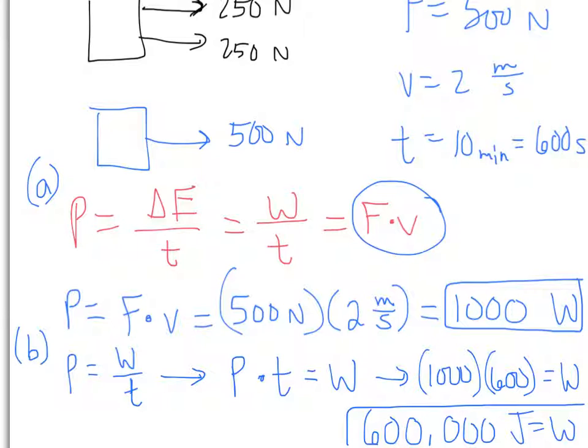Let me just do it this way, right? 600,000. So if you were taking a multiple choice question, it would probably be written in kilowatts or kilojoules. So you might see this: work done equals 600 kilojoules. Just to be familiar with that, so we know that we can easily convert. Because remember, we always get answers that are very large in energy levels, because joules are a very, very small unit of measurement. So your answer is usually going to be a rather large number. Any questions on this one so far?